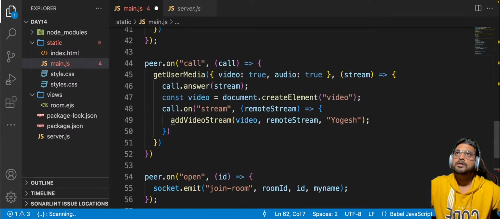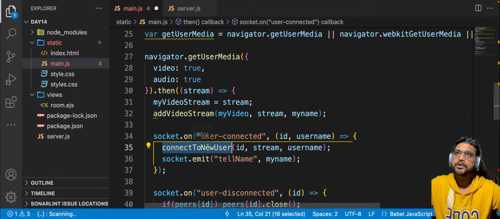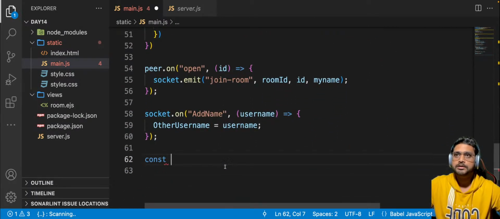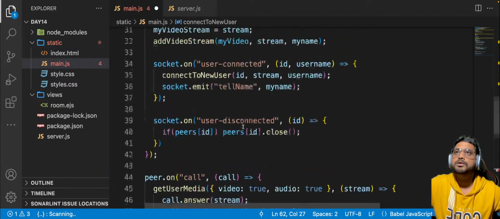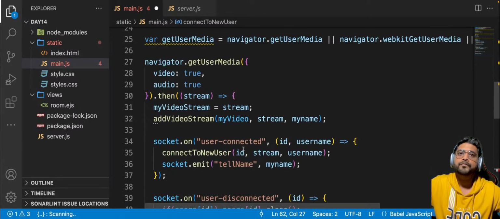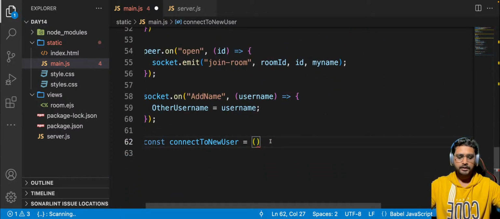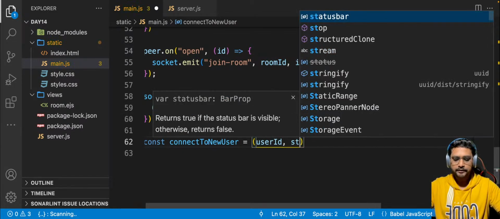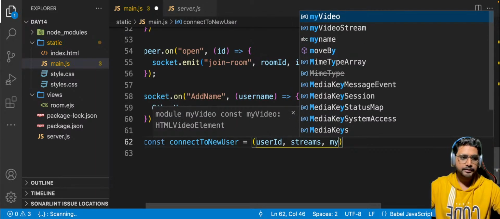Awesome. So how many functions do we need to create? We need connect to new user and add video stream. So first let's connect to new user. Whenever we are connecting to a new user, we would have an ID, a stream and a username, right? We would have a user ID, we would have a stream, and we would have my name,